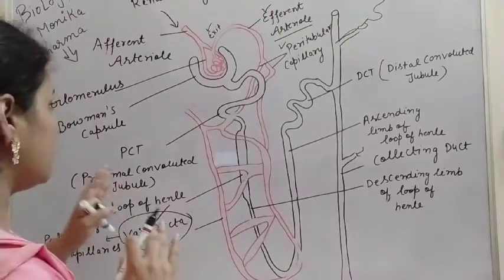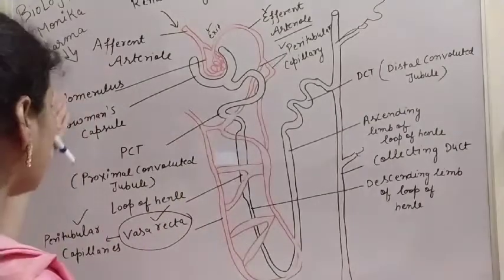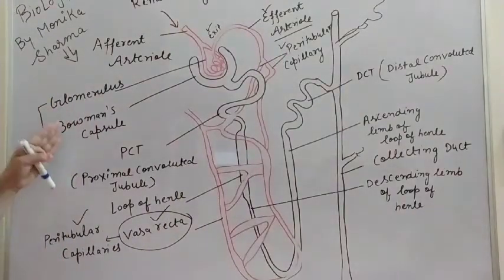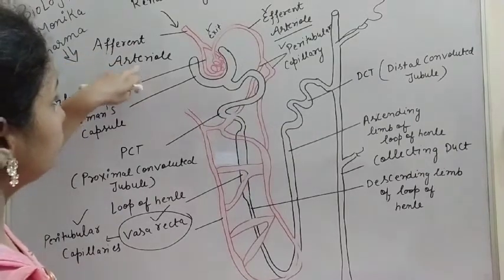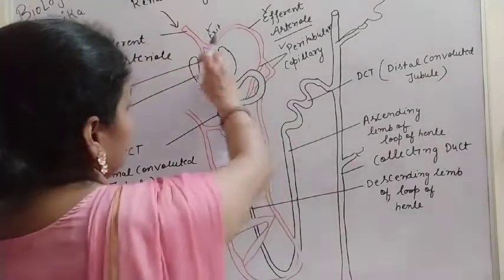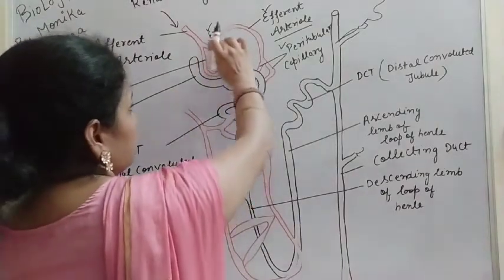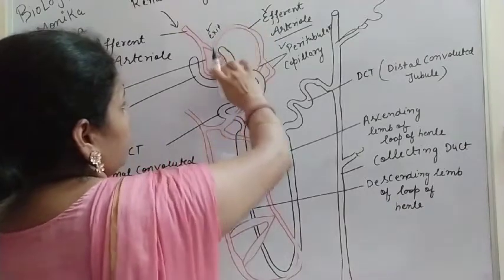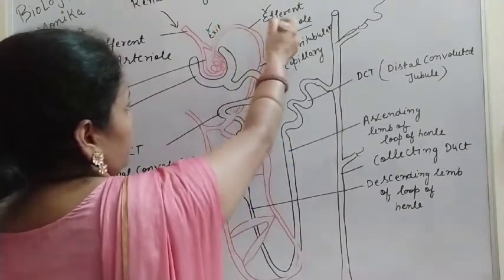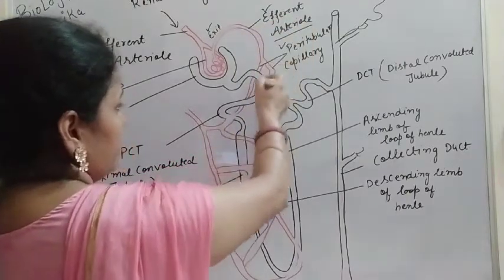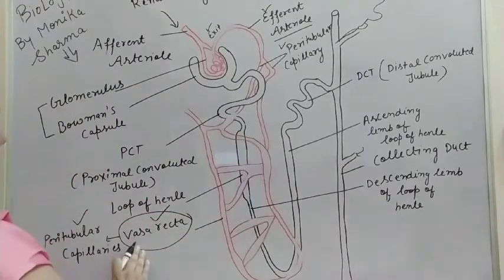The nephron has two parts, the renal corpuscle and the renal tubule. The renal corpuscle has the glomerulus and the Bowman capsule. The afferent arteriole is there. Then this afferent arteriole makes a bunch of capillaries, the glomerulus. The capillary arising from here is efferent. E for exit, E for efferent. So it comes out, then it makes a U-shaped structure. That U-shaped structure is the vasa recta.